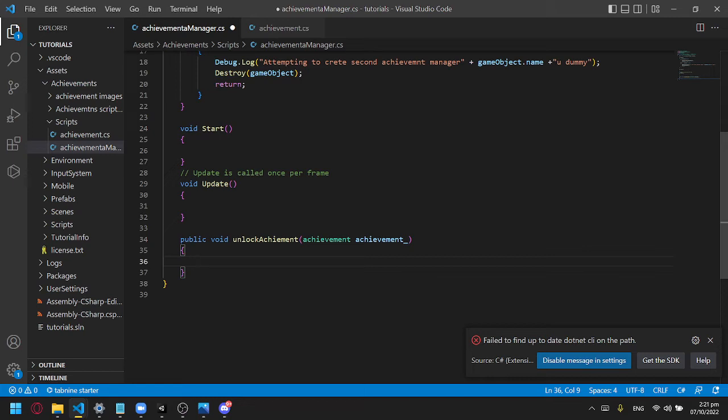So let's say I'm in another script, I could just pass this and say the achievement, and it will automatically get the achievement and be able to unlock it,